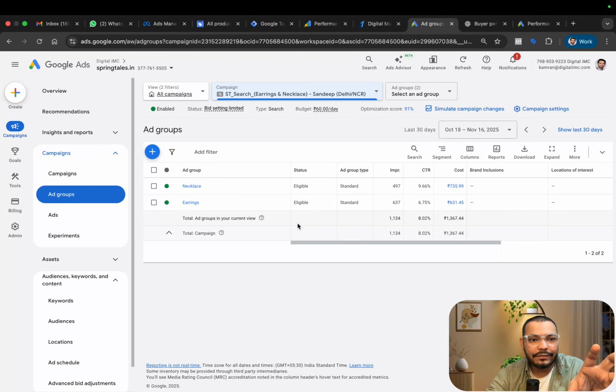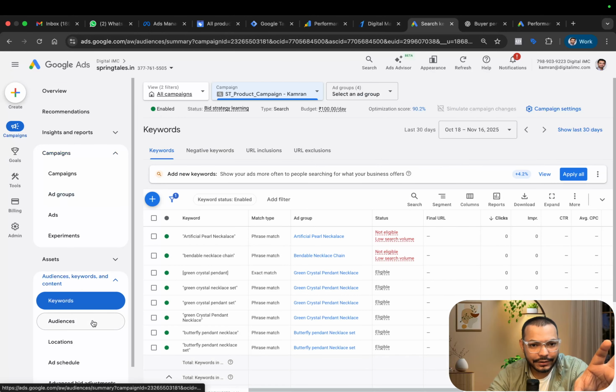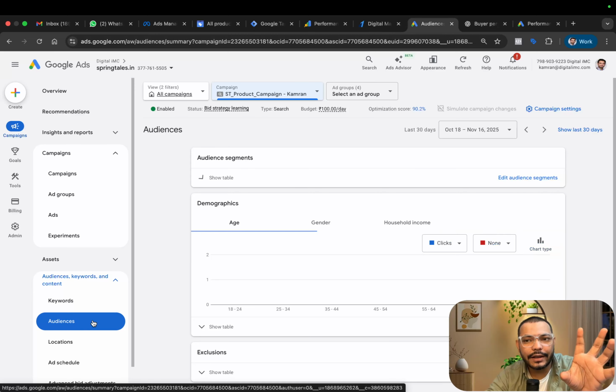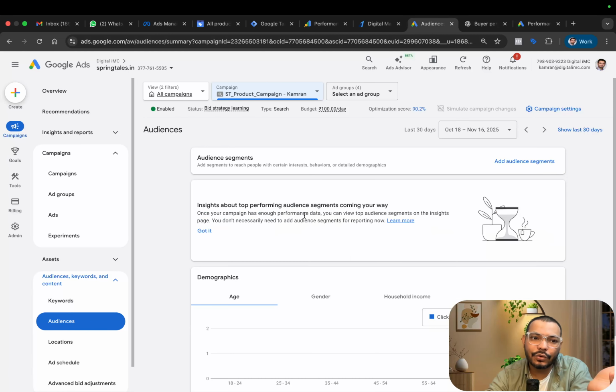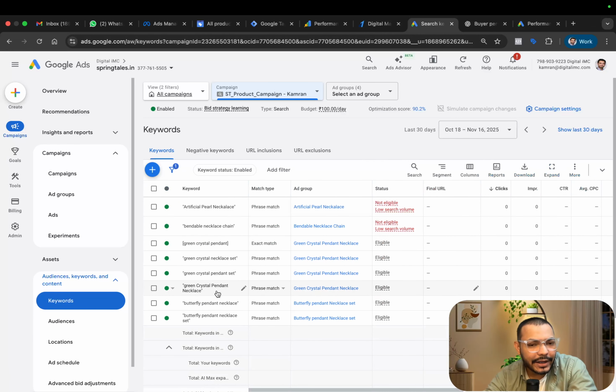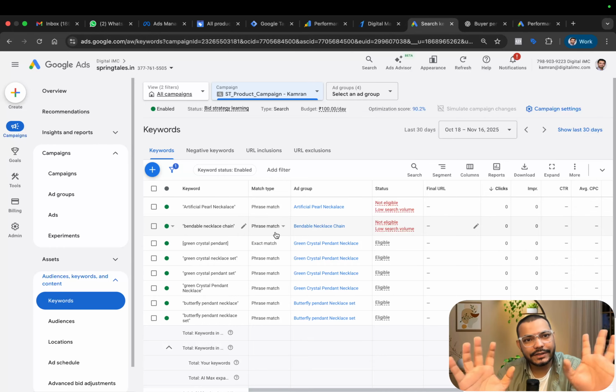So in search campaign, we have the audiences option here, but we usually don't add any audience in the search campaign. We rather go with adding keywords in the search campaign, which is called keyword planning. Having the keyword means anyone who types in these keywords in their Google search is supposed to get the ads. Quite simple. The story ends with the search campaign.